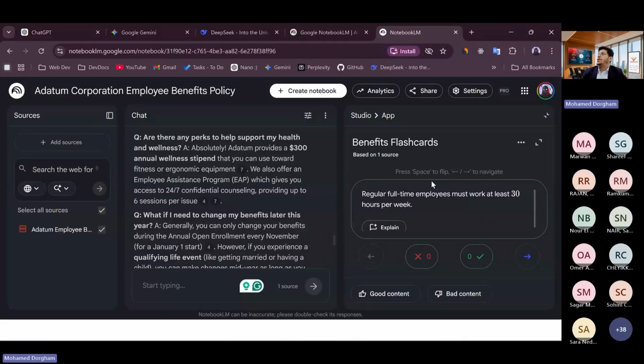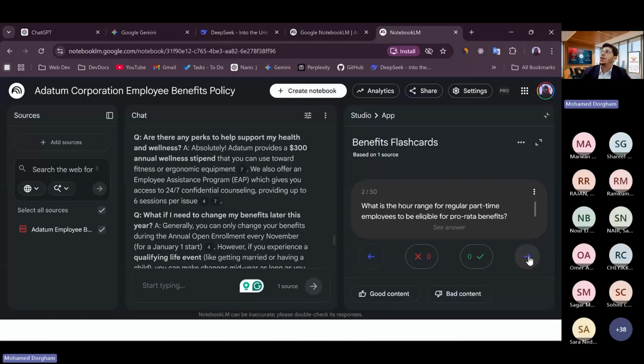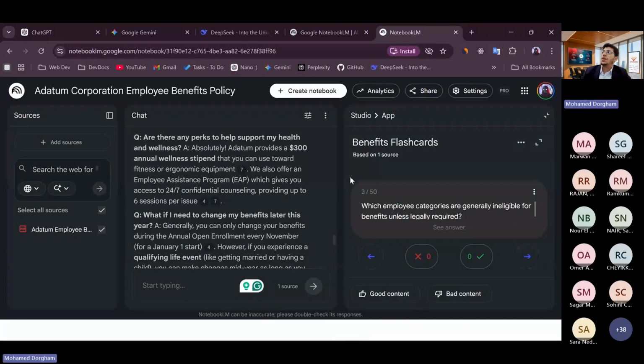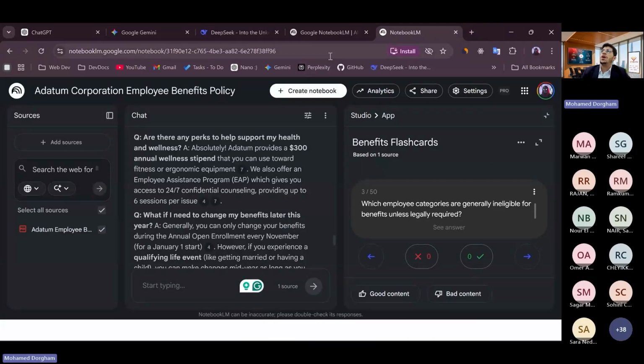And the same thing goes with the second. Can you generate actually 50? It generates 50 flashcards. So I can download them, I can even show the prompt. It's really cool and really interesting, this AI tool, and I would highly recommend you guys check it out and try it on your own.